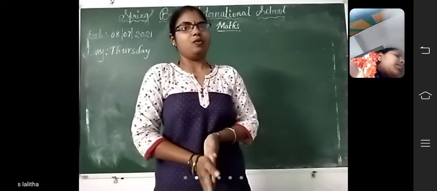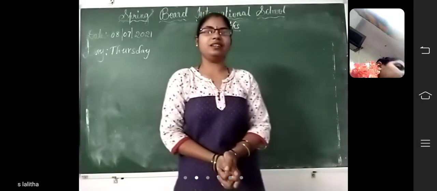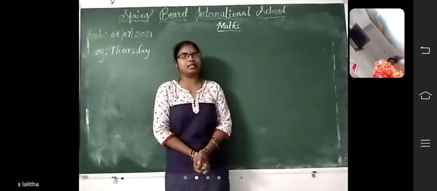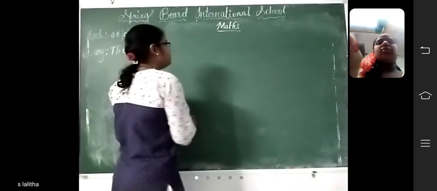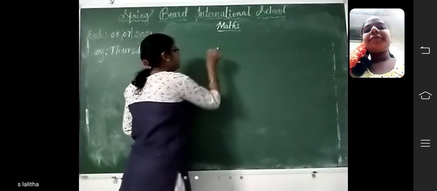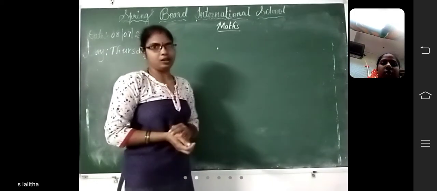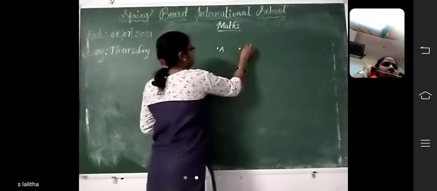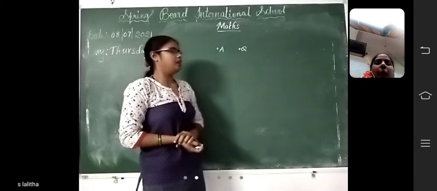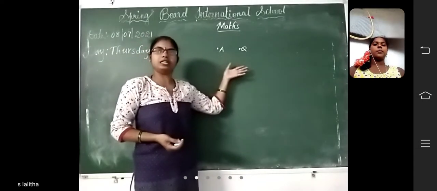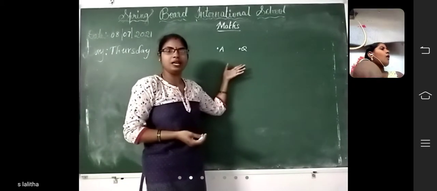So what is the first topic in the chapter? Point. What is called a point, children? It helps to indicate the location of objects in the given space. How can you name the point? You can use capital letters. You have to use only capital letters to indicate the point. It helps to locate the object in the given space. And we can create so many designs using points, children.